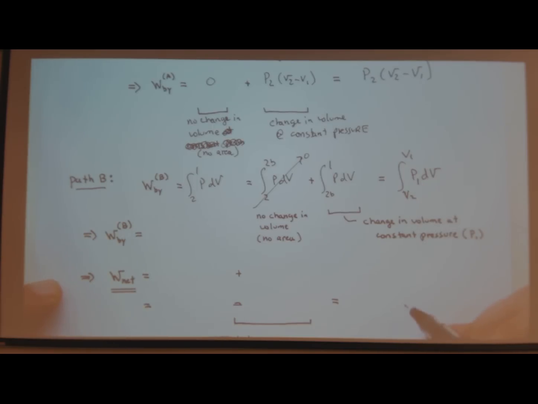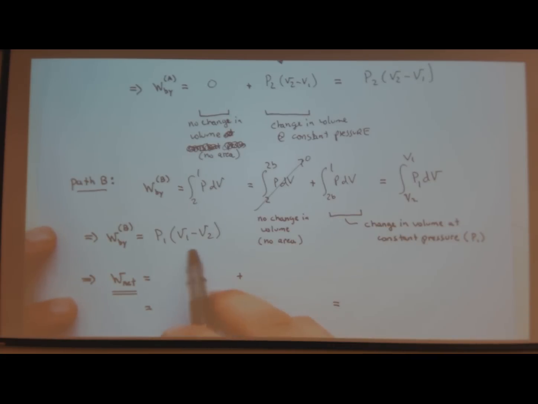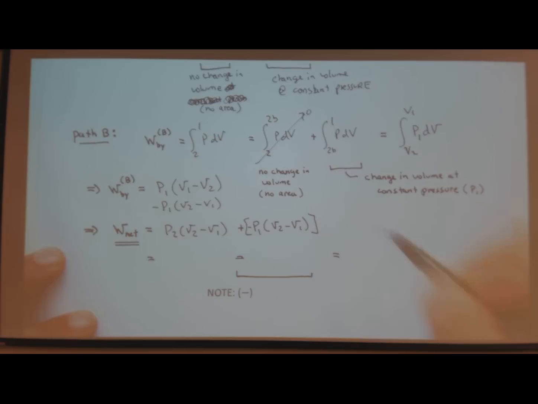And the pressure is P1. So just do this. P1 is constant. So we got P1 (V1 minus V2). I can switch this around, right? P1 (V2 minus V1). So if I do the net, P2 (V2 minus V1) minus P1. Okay, let's just get to the final answer because it's just (P2 minus P1)(V2 minus V1),